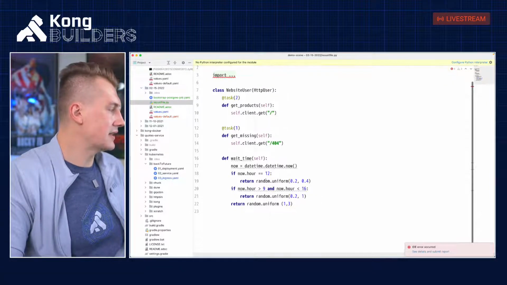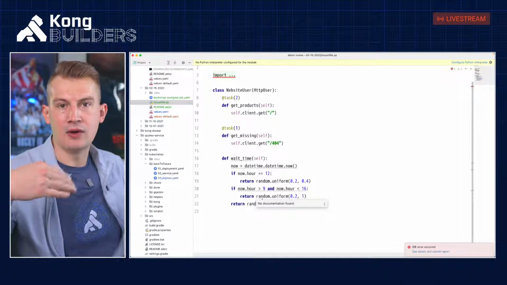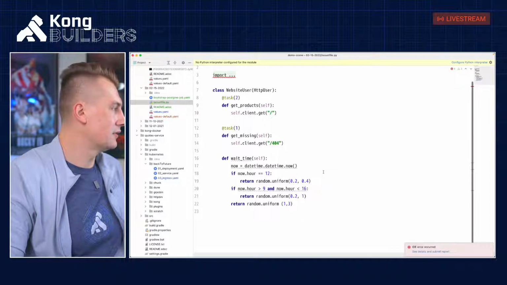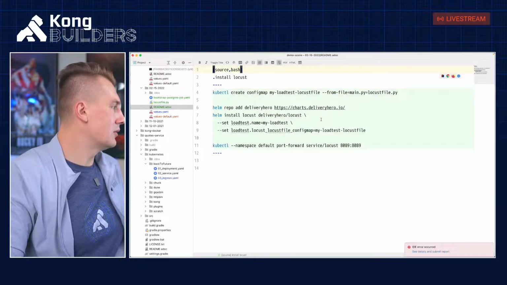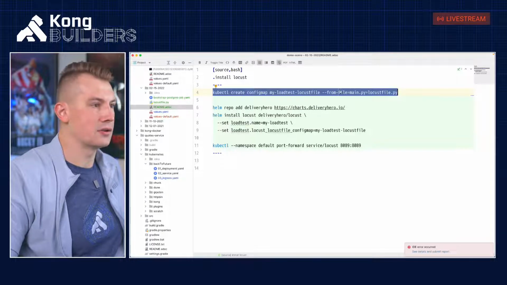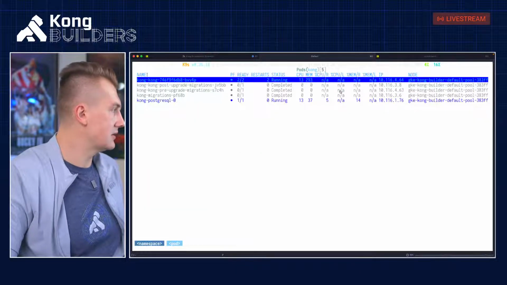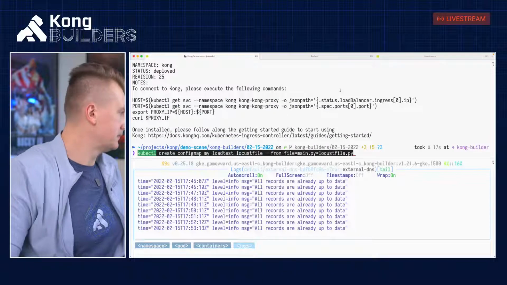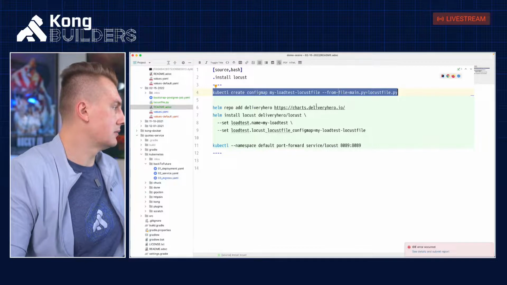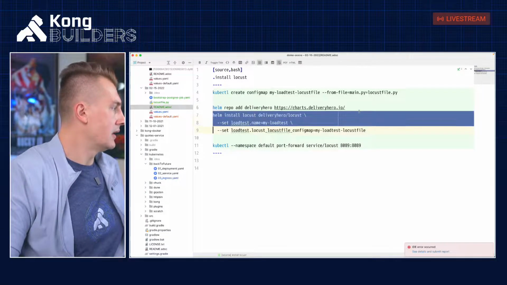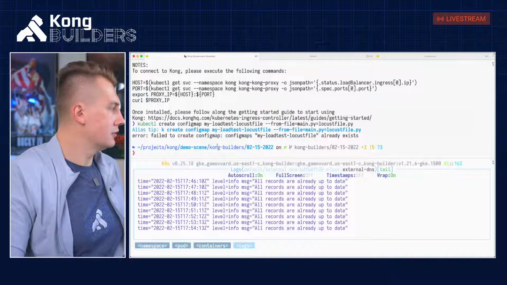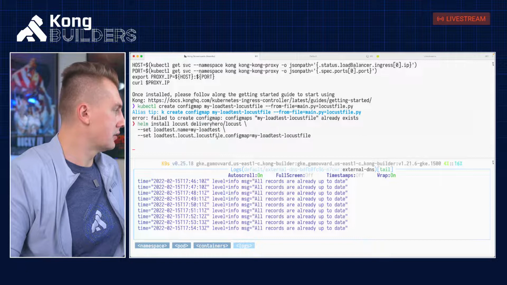And after that, it generates some random time for how often it will hit one particular thing, how often it will hit errors, and how often it will hit this one. In order to do this, I will create a config map. I think it's already created because I tested this a little bit, but let's see. We go in here. It already exists, so I didn't do anything in this application. I will create a new Helm release. I will install this Locust thingy.